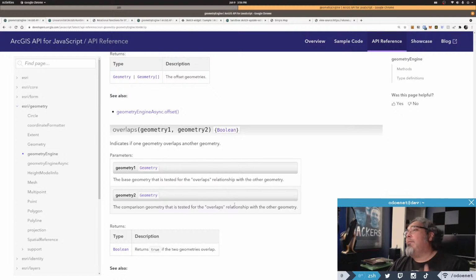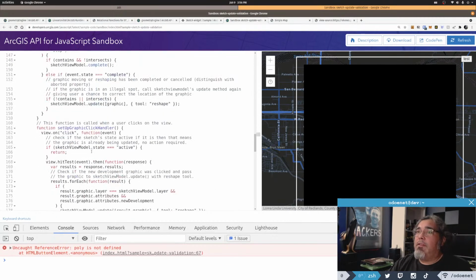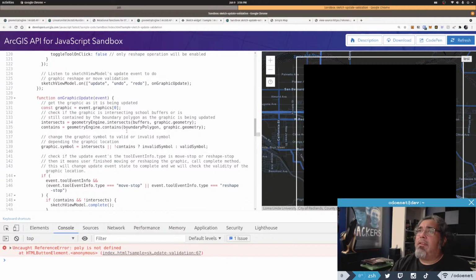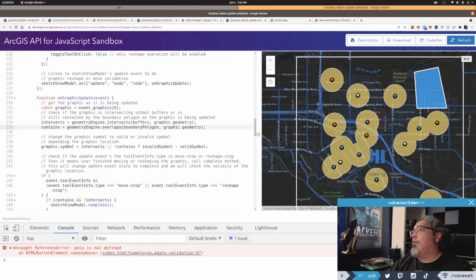Overlaps. Okay, overlaps is kind of cool. So it indicates if one geometry overlaps another geometry, right? So let me give you an example of what that looks like. Let's go ahead and change some of the rules in here. Where we said, where's my contains here? Contains. We're going to change contains to overlaps between that blue geometry on here and the white area. Okay, so if I click on this,